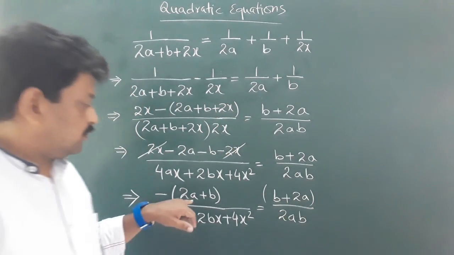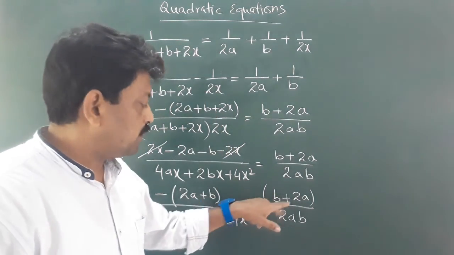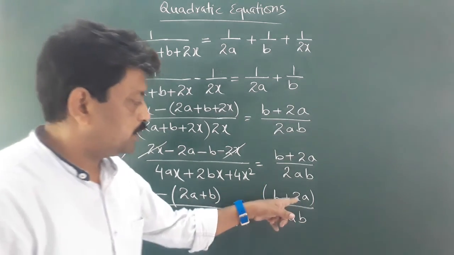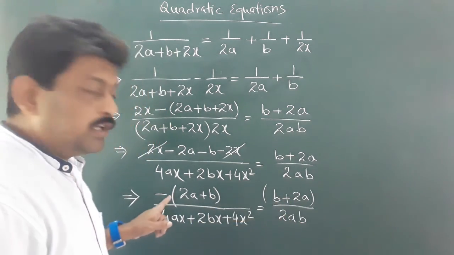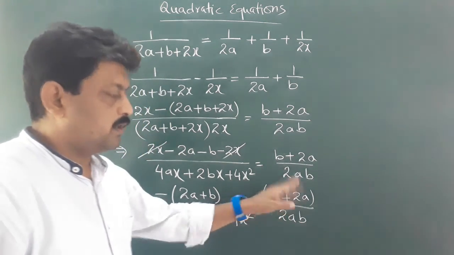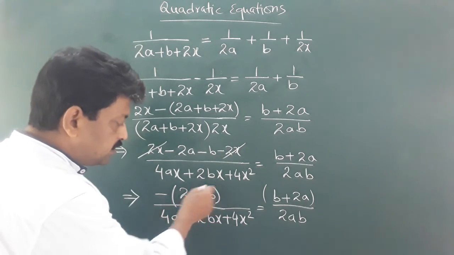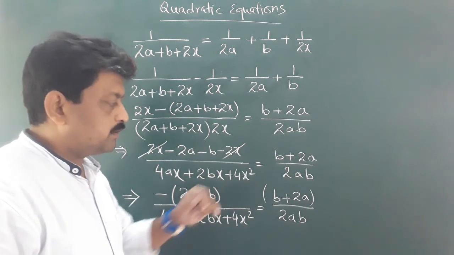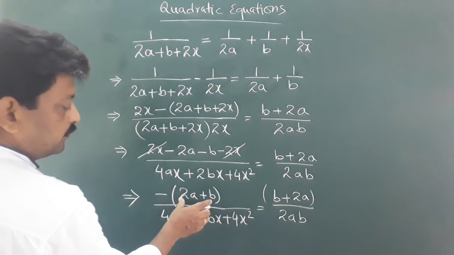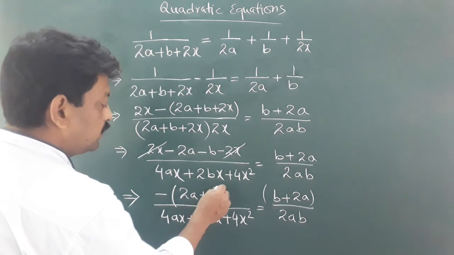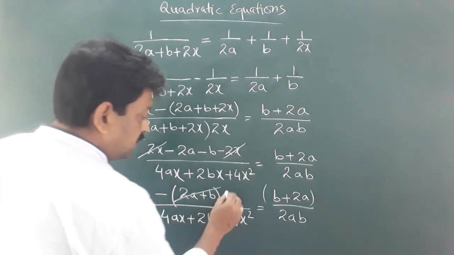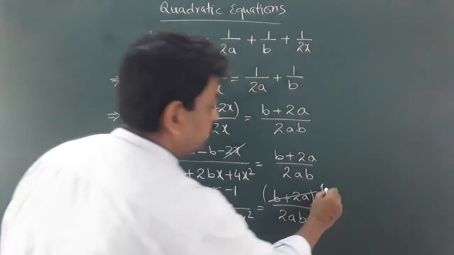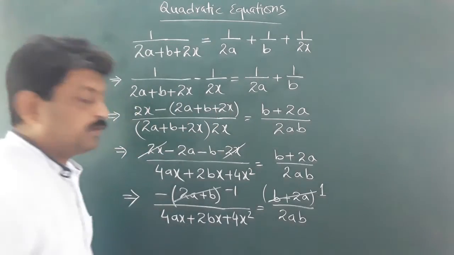So here the numerator parts are both the same, that is 2a plus b, and here also 2a plus b, since b plus 2a is also 2a plus b. Only the difference is that here it is minus and here it is plus. So I can cancel both these things, 2a plus b, because they are the same. If I cancel 2a plus b with 2a plus b, I will get 1, but the minus sign is there, so it will be minus 1, and here it will be plus 1. Since they are the same, they are being cancelled.